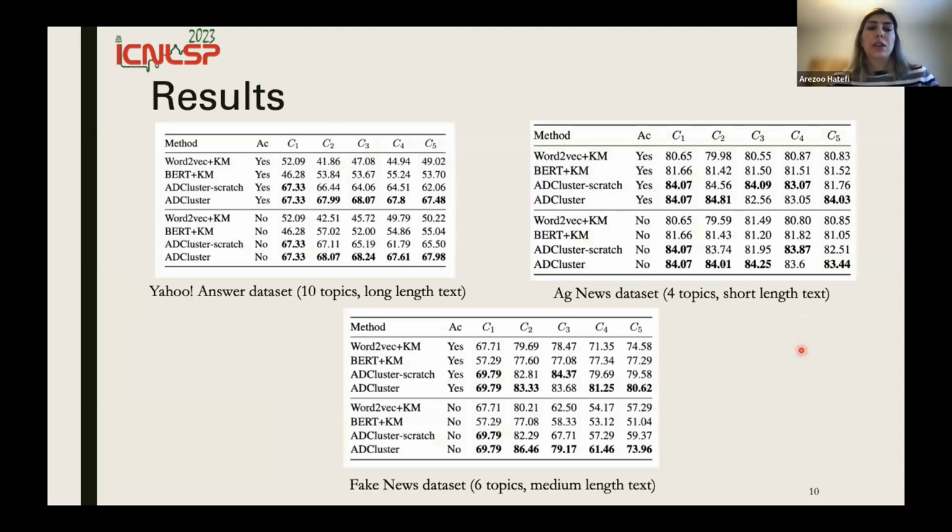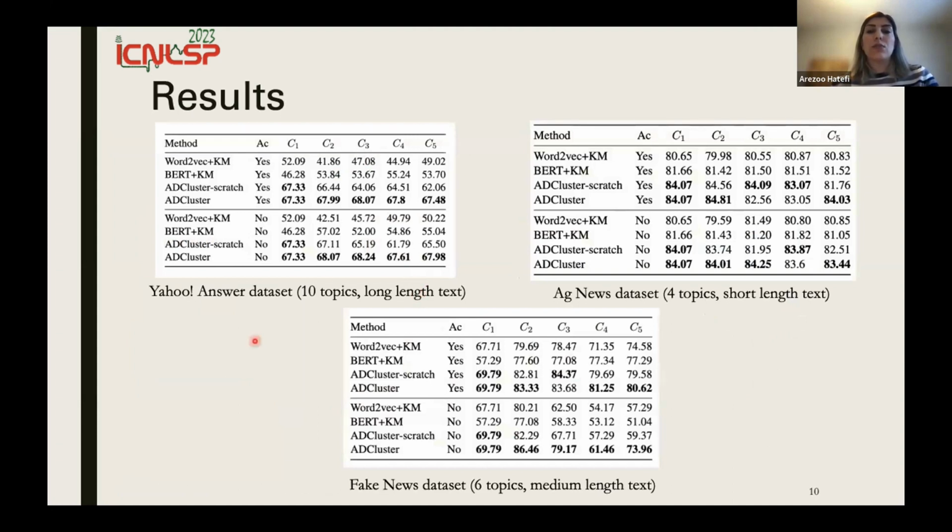We compared the performance of ADCluster for clustering data streams with 2 baseline models, word2vec plus k-means and BERT plus k-means. These are completely static. For each chunk of the data, we just generate document representations with word2vec or BERT, and then we apply k-means on these representations.